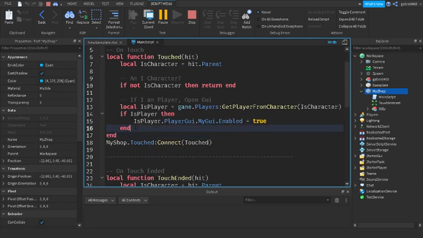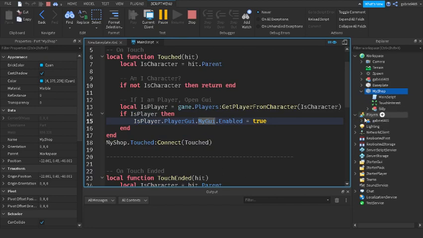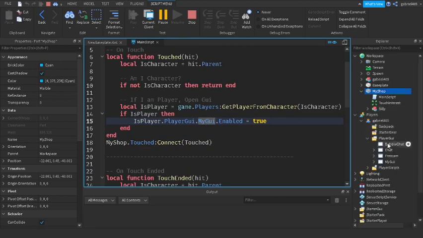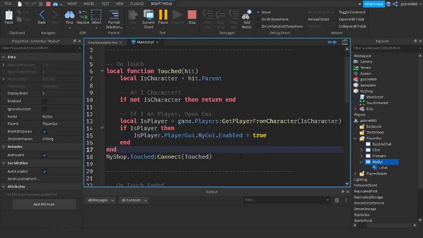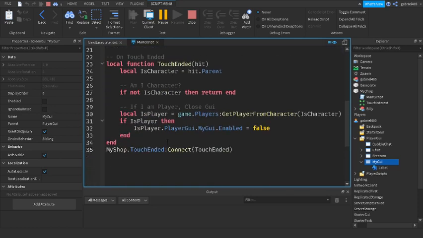And then we go into our player, and we enable the GUI, because inside of game.players, we have the PlayerGui, and then we have my GUI. As you see here, my GUI, my GUI. That's what I called it. You guys can call your GUIs anything, but I called it my GUI. Basically, this would just open my GUI, and over here it closes it, .TouchEnded, and it makes it